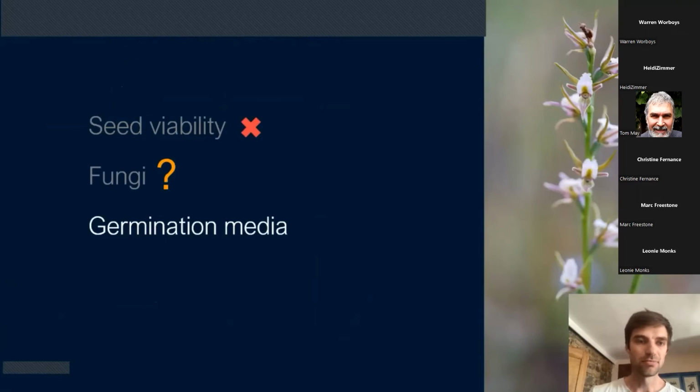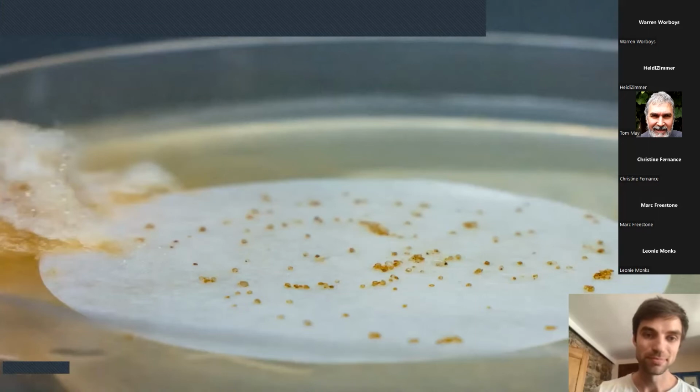Finally, I'd like to talk about the role of the nutrient composition of germination media. A little bit more agricultural, I guess, and a bit less scientific, but actually quite important. So normally when we try and grow native orchids with their fungi like this, we use this sort of porridge-based mixture. This is the jelly stuff in the Petri dish. And that seems to work pretty well for Caladenias and Pterostylis and all sorts of things. But people never really had much luck growing leek orchids.